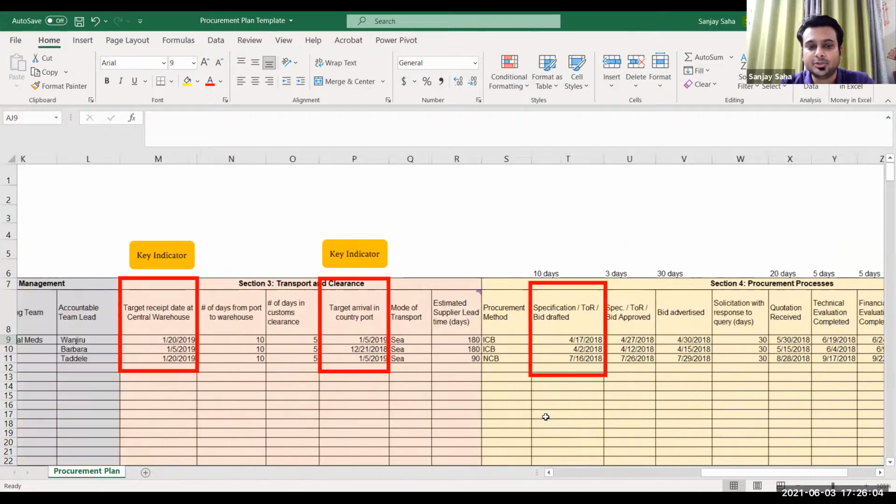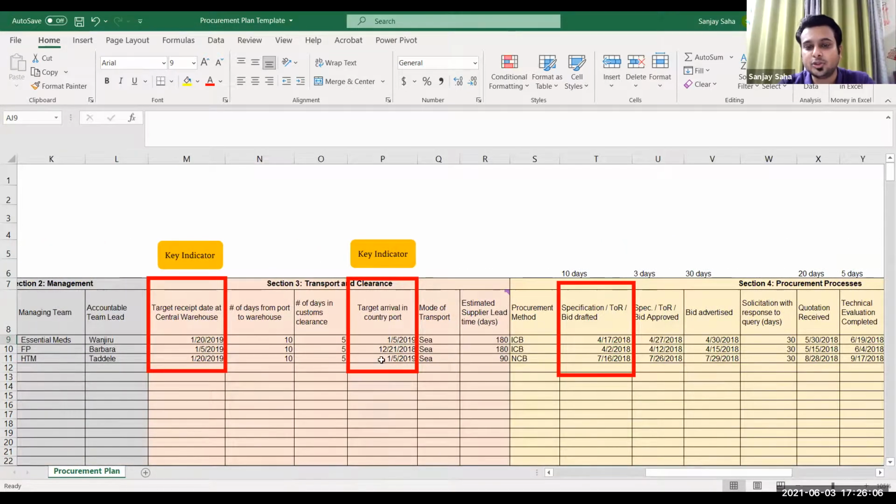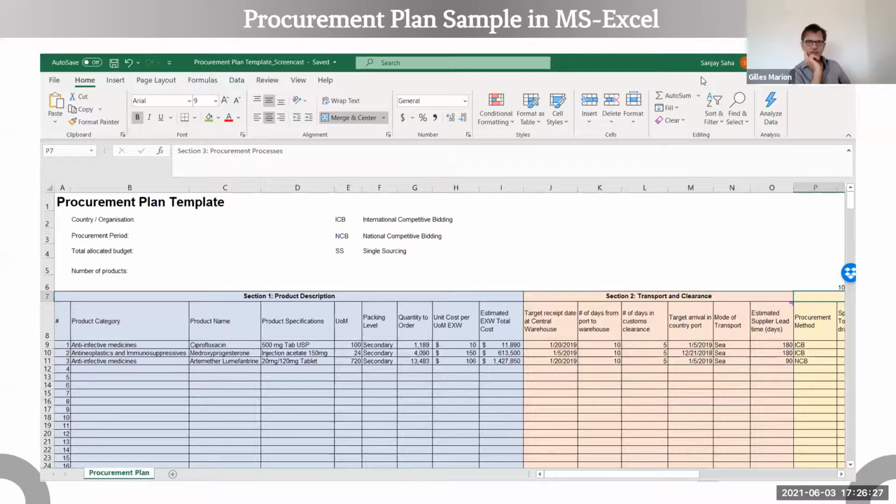And to know when you are expecting those products at your country port or at the central warehouse. Okay, so I'll just end this, and I'll go back to the session. If there are any questions, there is a question from Kenfrey about